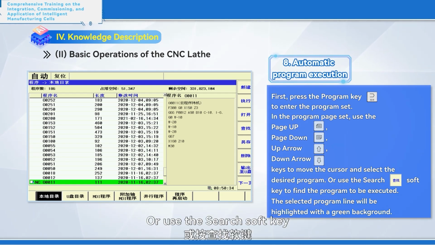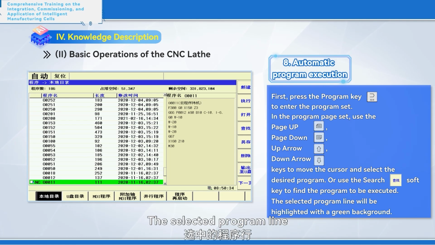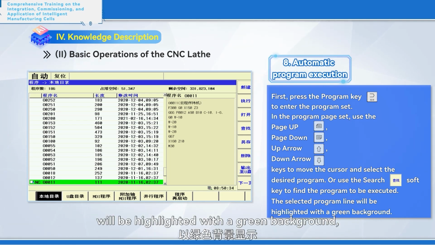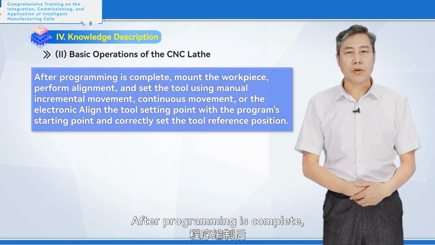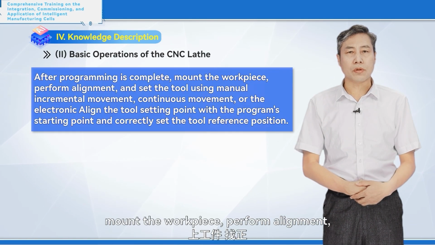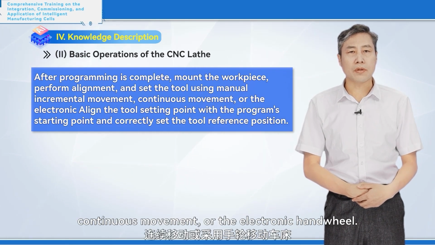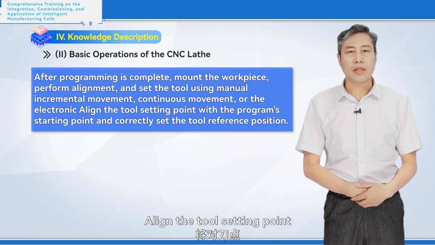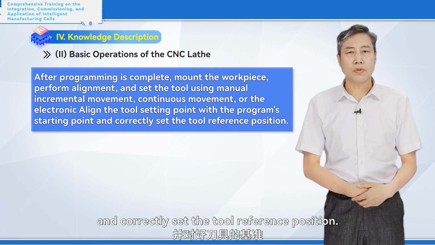Or use the search soft key to find the program to be executed. The selected program line will be highlighted with a green background, as shown in the figure. After programming is complete, mount the workpiece, perform alignment, and set the tool using manual incremental movement, continuous movement, or the electronic hand wheel. Align the tool setting point with the program starting point and correctly set the tool reference